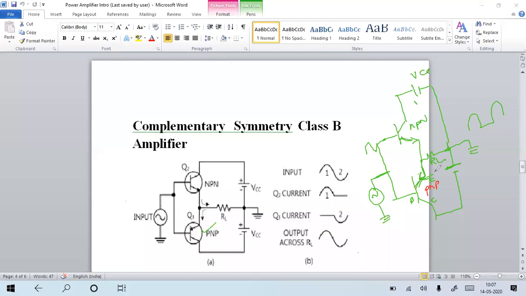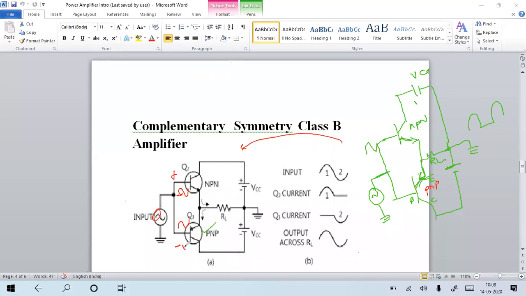So same circuit here. You can see here, this is the NPN and PNP transistor. Positive and sinusoidal signal is given to the two base terminals. So the same signal is applied here and here also. What will happen? During the positive cycle of the input signal, the NPN transistor needs a positive signal, but PNP